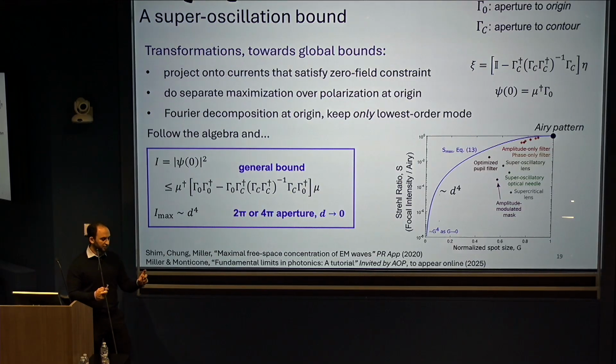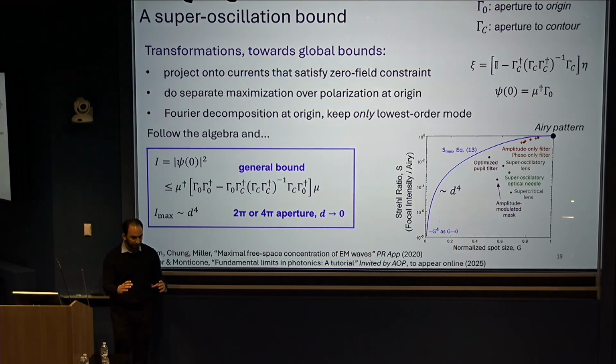So why d to the fourth? First of all, we just worked this out. One interesting fact about the d to the fourth is that it's a little bit dimension independent. I can pick 2 points around the origin, force them to 0, it's d to the fourth. I can pick a ring, I get d to the fourth. I can pick a sphere. I can force the fields to be 0 on a sphere of radius d around the origin. Again, it's d to the fourth. And we just sort of worked all these out one by hand.